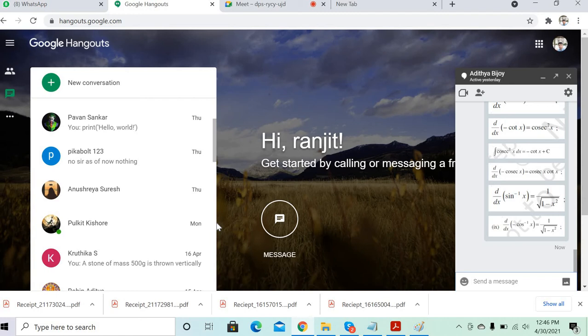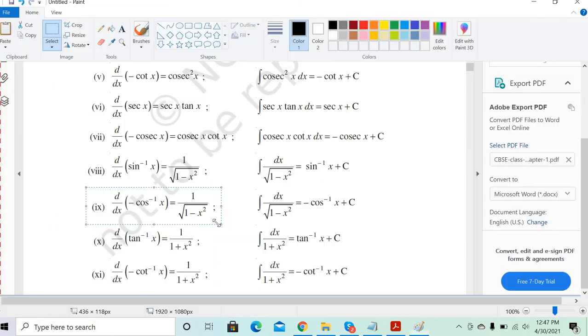So put the minus sign this side or that side. If it is minus cos inverse x, it will become 1 by root of 1 minus x square. It will become the same. But to give the negative and positive sign properly, we can write d by dx of cos inverse x as minus 1 by root of 1 minus x square. Got it? Whenever minus 1 by root of 1 minus x square comes, you can integrate to cos inverse x or minus cos inverse x, vice versa. Clear? Excellent, Vijay.